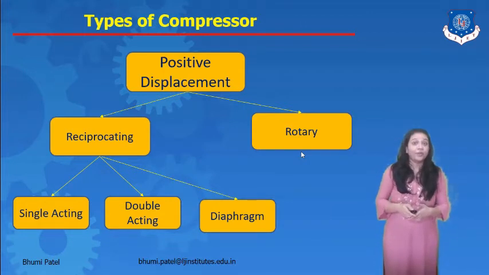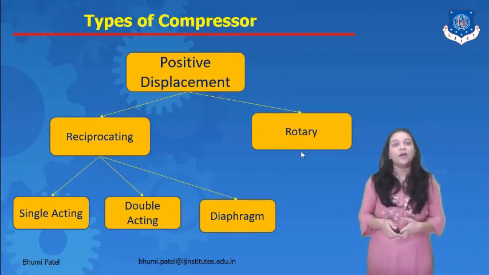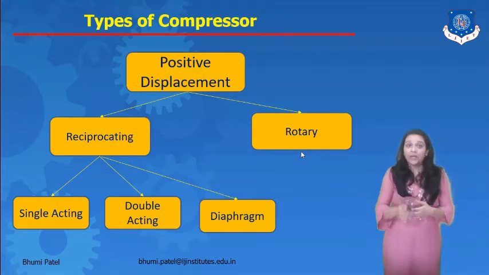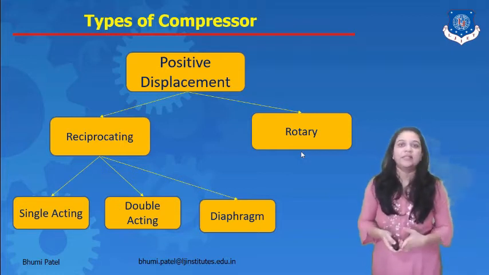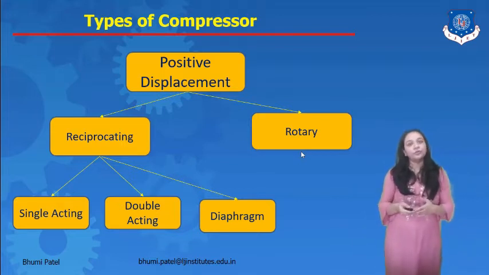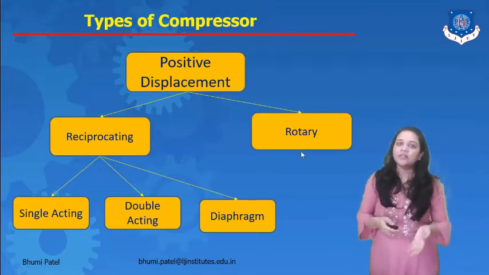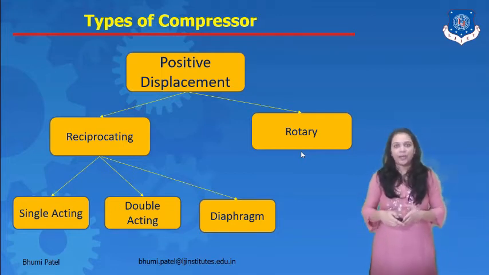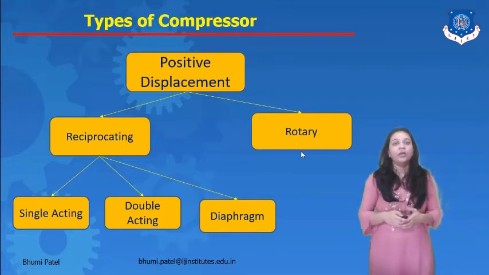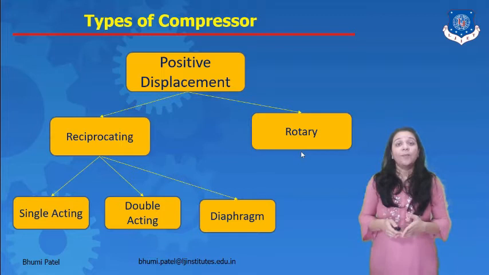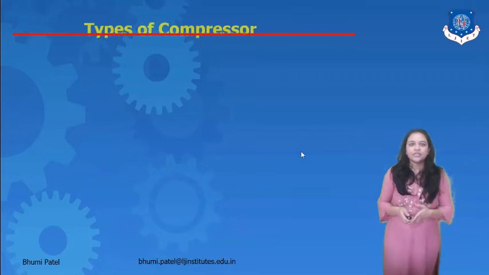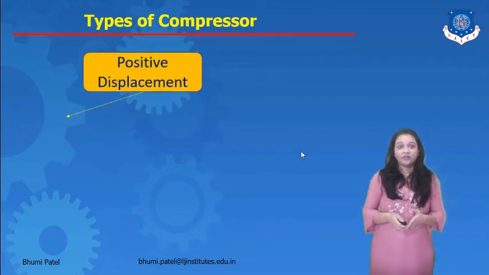It is also known as the multi-piston type compressor. In this type of compressor we can use multiple cylinders in the same system. In the single acting and the double acting we use only one piston and one cylinder for the particular instrument. In the diaphragm or multi-piston type compressor we use multiple cylinders in one system.